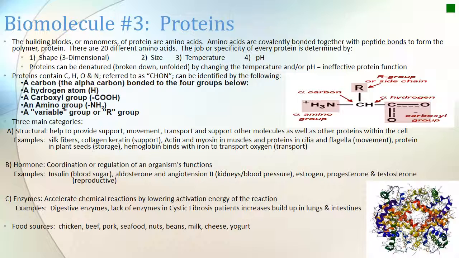The polymer is the protein. Many of you have heard of amino acids if you're working out. Some dietitians and health trainers and things like that may talk about getting a good variety of amino acids in your diet, eating a healthy diet, but there are only 20 different amino